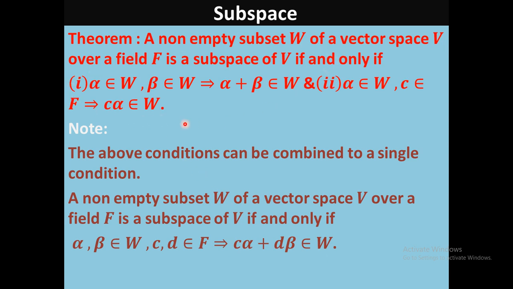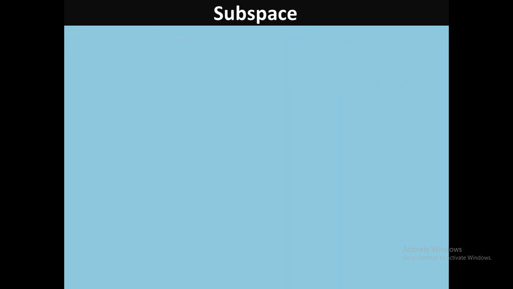But most students use those two conditions to show the vector space, that is, to show the subspace, not the vector space. To prove a vector space, you have to satisfy 10 conditions, but for a subspace, which is also a vector space, you can check just those two conditions. If both conditions are satisfied, then you can conclude that W is a subspace of the vector space V. However, I give some examples to justify the above theorem.